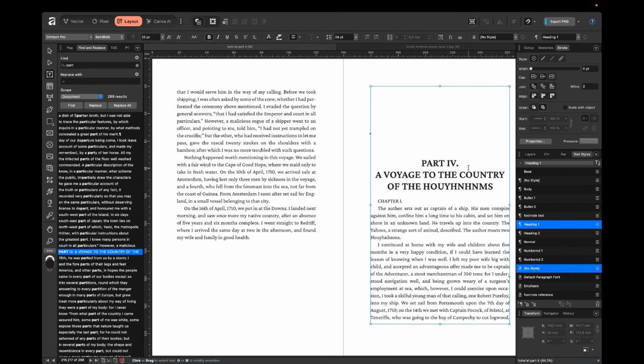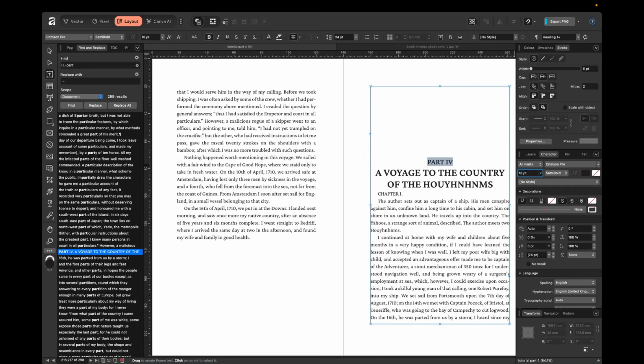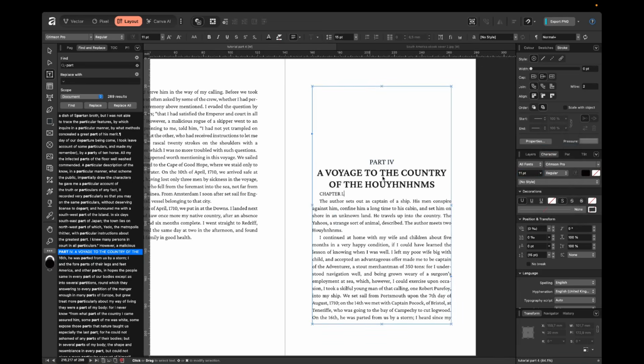Great. Let's remove this dot here. Part 1 I want to be smaller, like 16 points. Also I want it to be regular, like that. And I also don't want it to be all capitals. For that, you can retype this